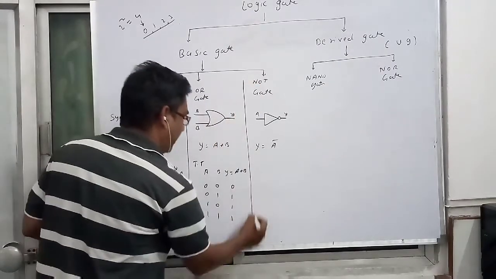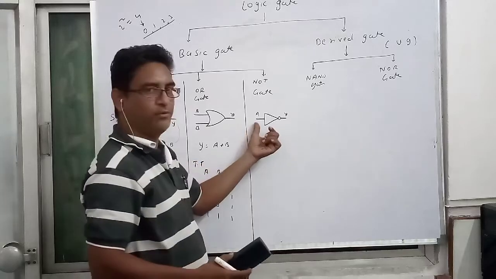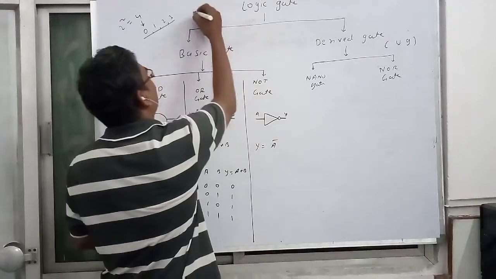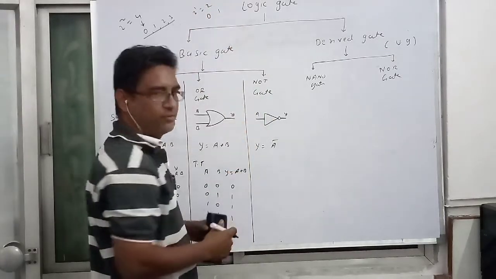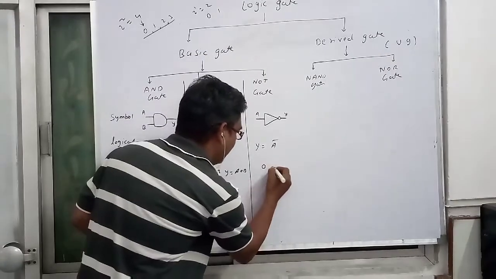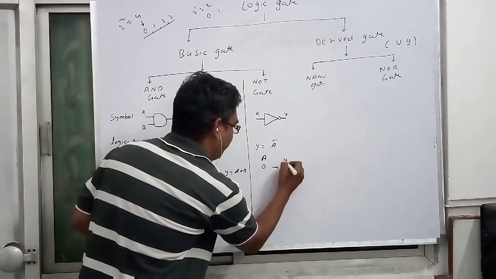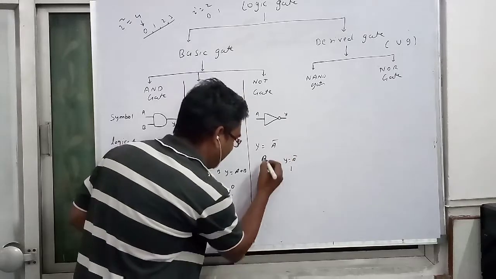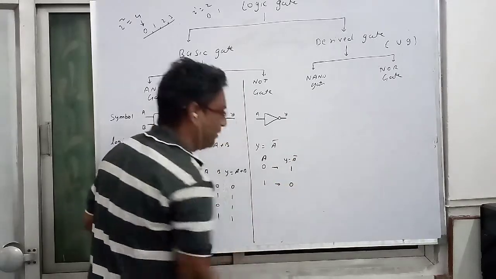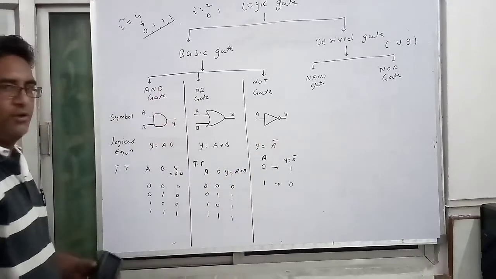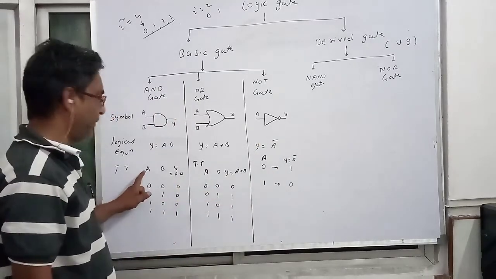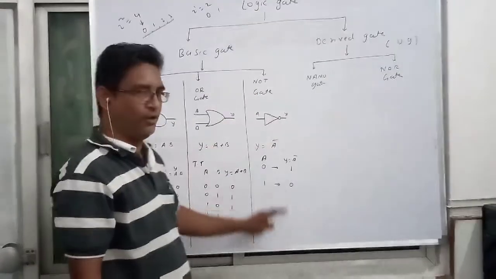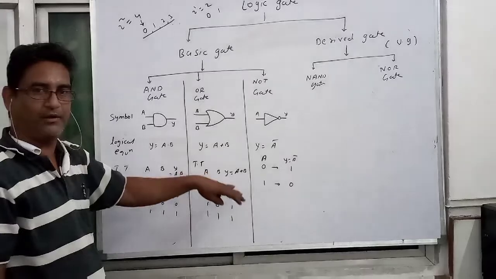Then for the NOT gate, we will be getting only one input, and since there is one output, 2 raised to power 1 is equal to 2. So 0 and 1 are the values for the input. Here A is equal to 0 and Y is equal to A bar. So the 0 value will be complemented, and that's why we will get the value 1. Then A is equal to 1, and here we will get the value 0. So from this form, you are able to understand how the variables A, B for the AND gate, the OR gate and the NOT gate are plotted in the form of a truth table.